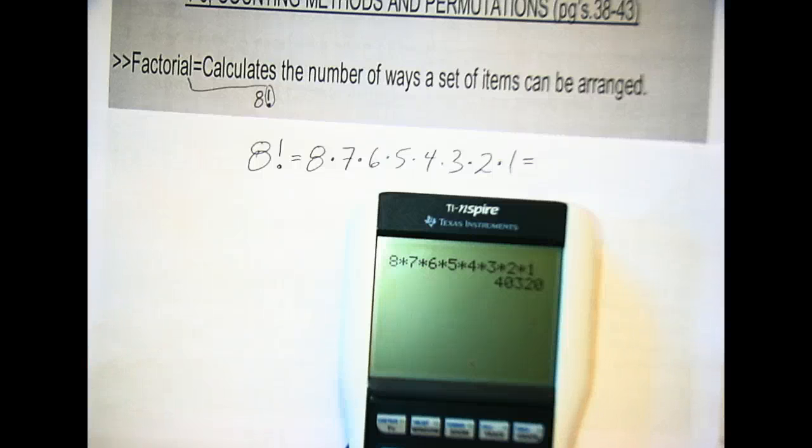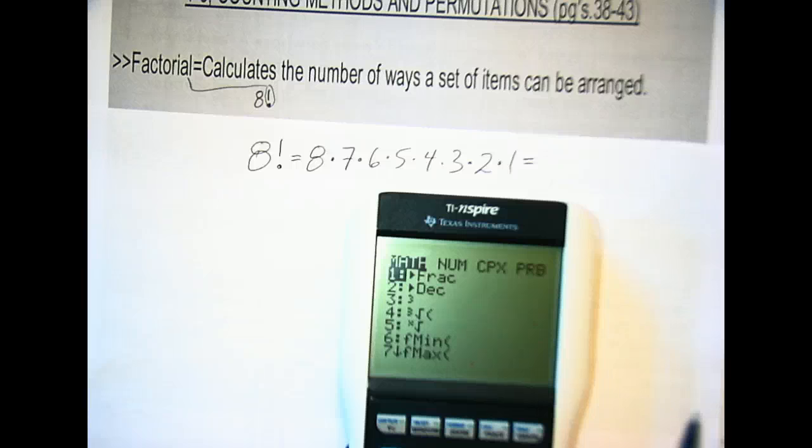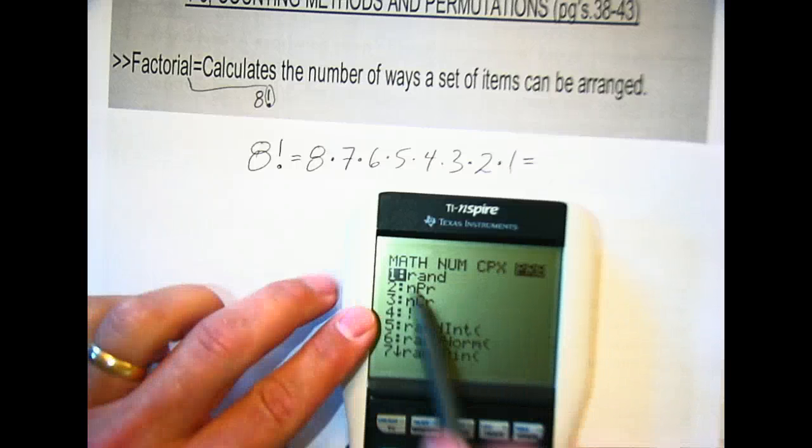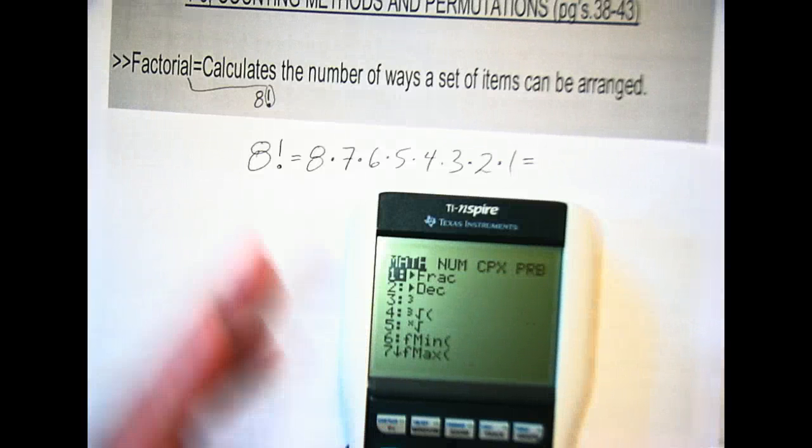40,320. Okay. Now, there is a quick way to do that. You can actually use the factorial key. Okay? So if you use 8 and then go to math and then over to PRB. So those of you that are taking notes on this, I would